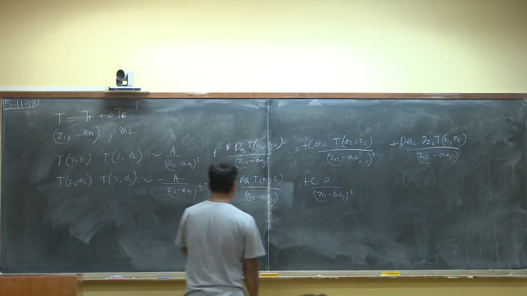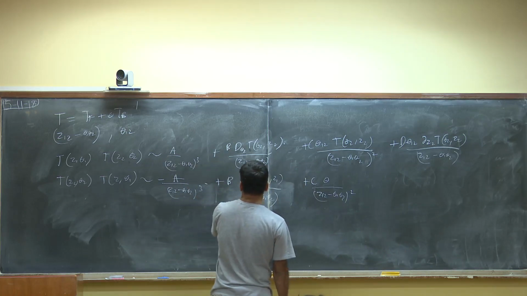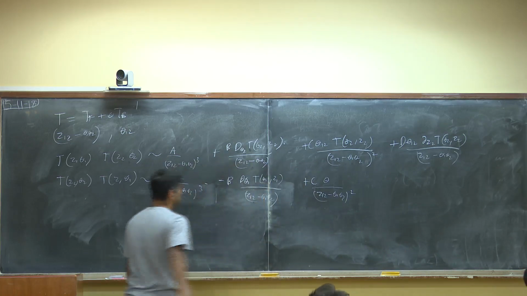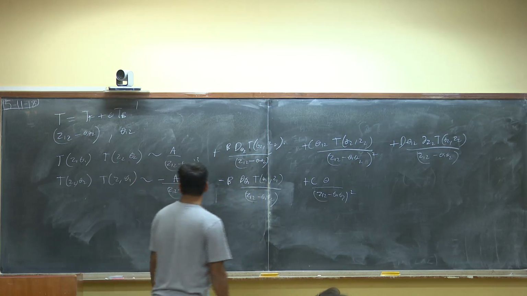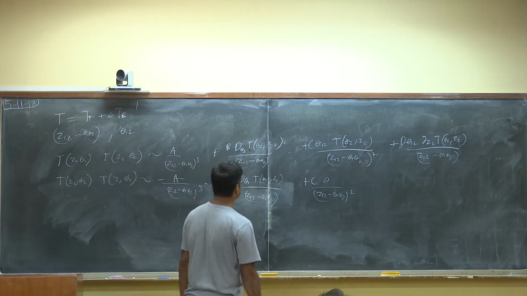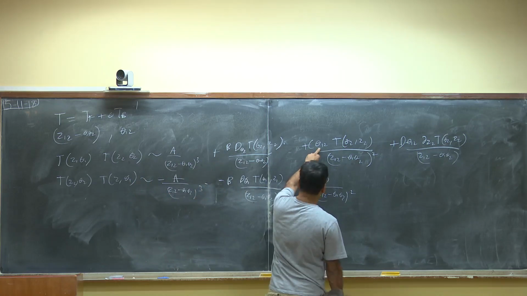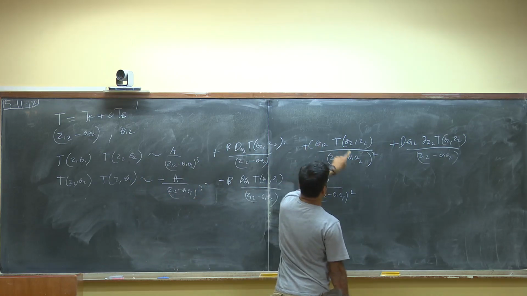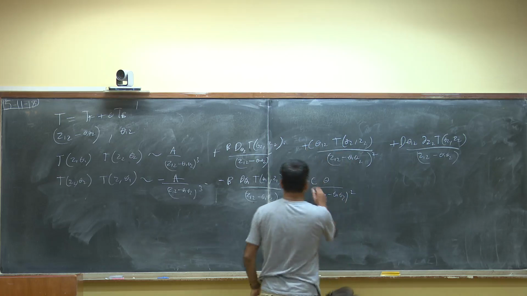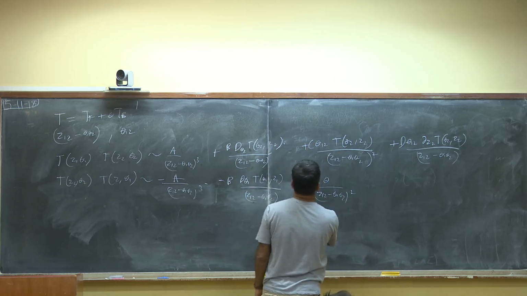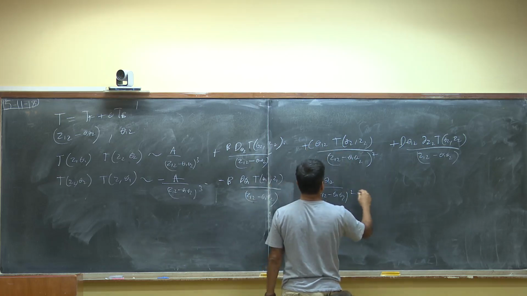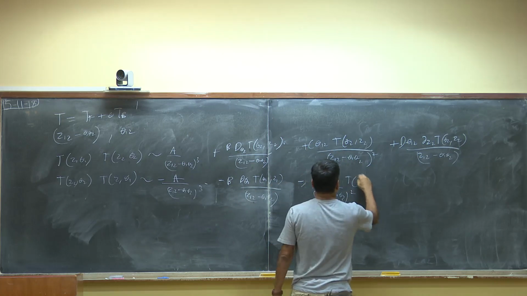I should have got a minus, right? Yes, I got a minus here and a minus here. You're right, minus. Thank you. The third term has theta. So there's a minus from here and a plus from here, and so overall minus. So minus c theta 1 2, the whole thing squared, t of theta 1